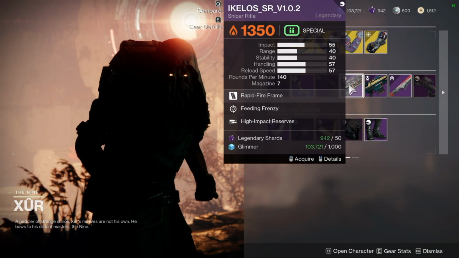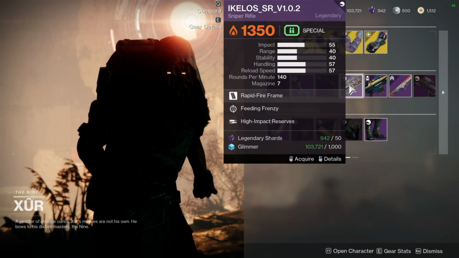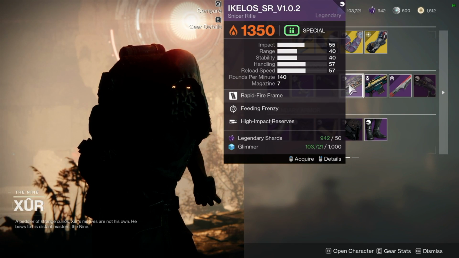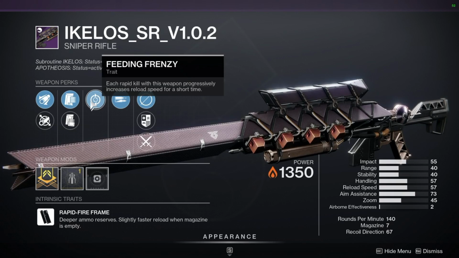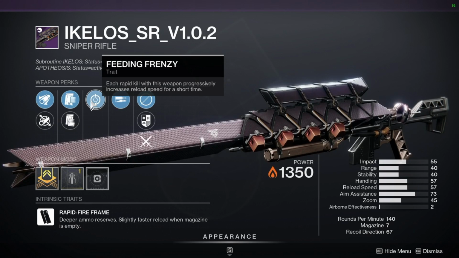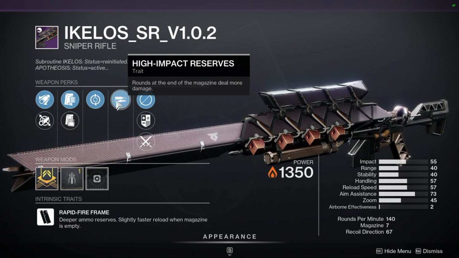E-Class SRVR 102. It's an okay sniper rifle, high impact reserve, so it'd be good in PvP. More damage on those last two shots, which you start with. And Feeding Frenzy, which is a perk, I believe: each rapid kill with the weapon progressively increases reload speed for a short period of time. So yeah, this is a good roll for PvP because once you've killed somebody, you get special ammo off them. You pick up that special ammo, you reload fast after getting that kill, and then it's rinse and repeat. The high impact reserves do more damage because you only get two shots in